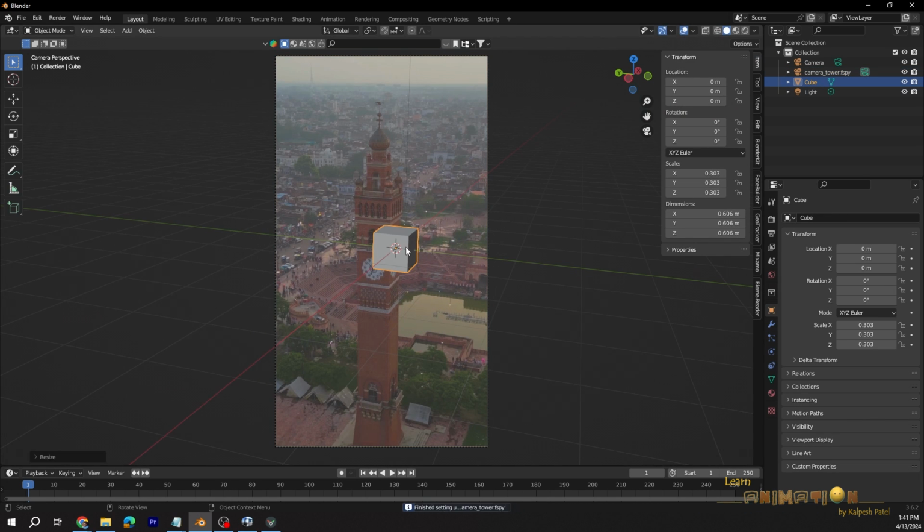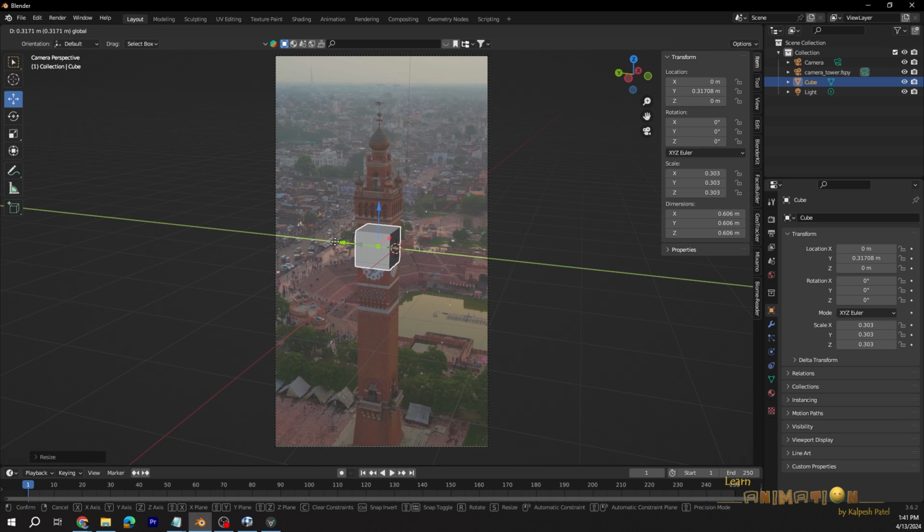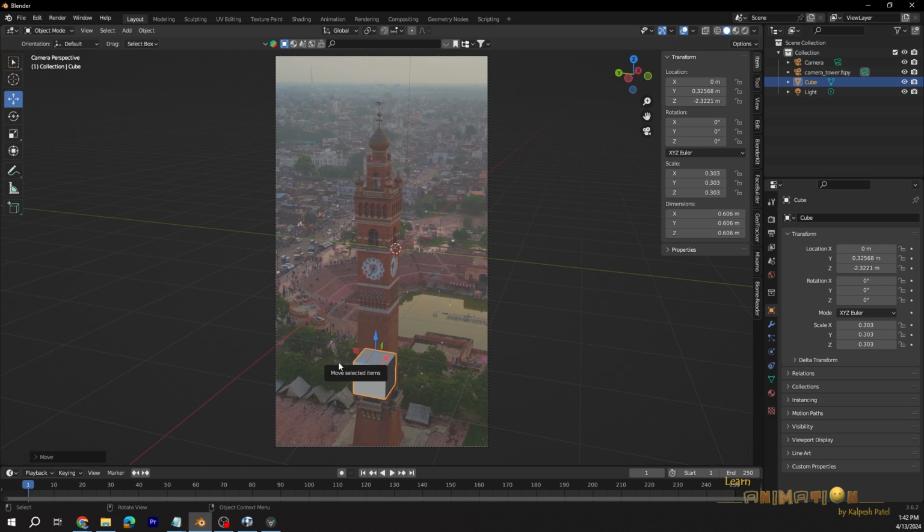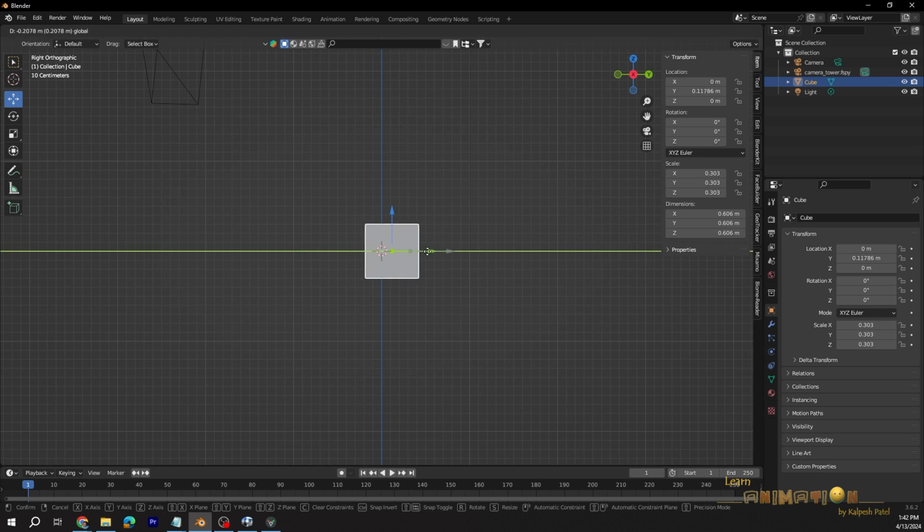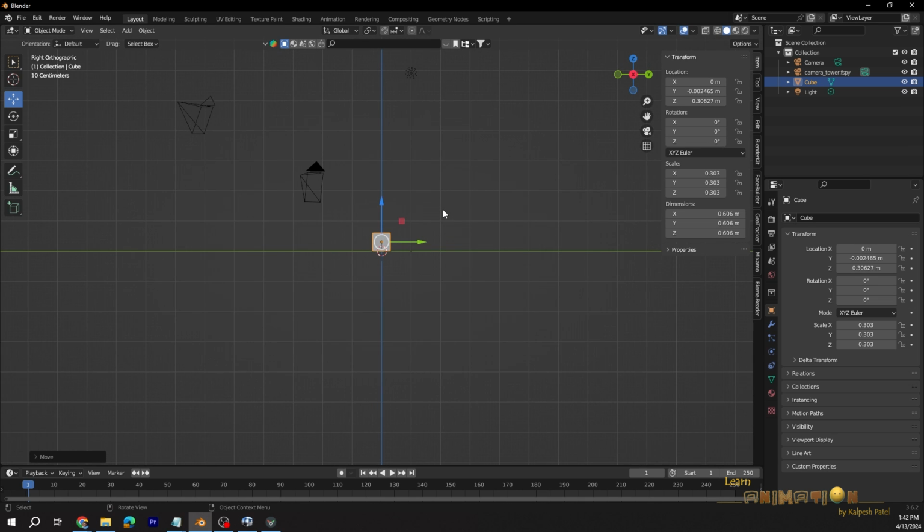So here you can see where the camera is coming. Now you can straight away see how the perspective is matching for the tower. Right? Before you start modeling that, I would suggest that we have to bring this camera and the lower part of the tower exactly here somewhere onto the floor, the grid. Just go to the side view. For that I would like to go and match exactly here onto the grid.